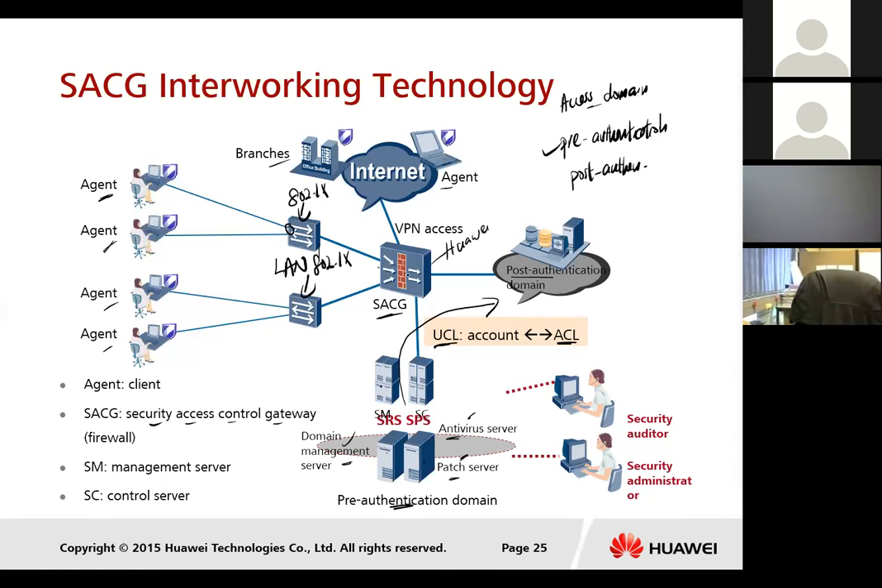Okay, so when the firewall receives traffic, it redirects the traffic to the pre-authentication domain. Before you can access my network, I ask you to check your antivirus, the patches, and whether you are in the domain before you can go into my post-authentication domain. So in this method, you'll be very safe when you have this setup. This is the USG interworking technology. And the next one